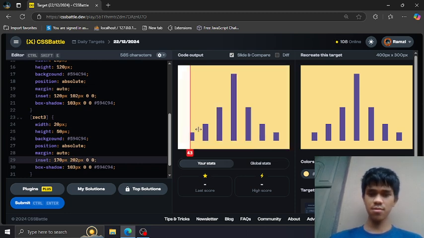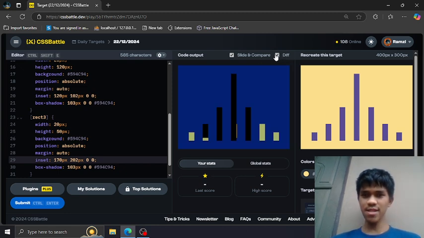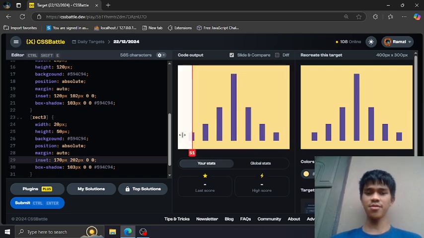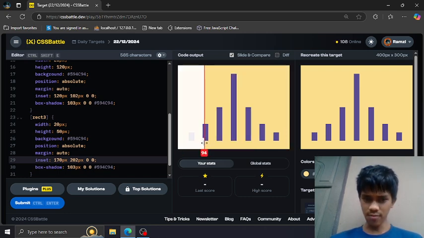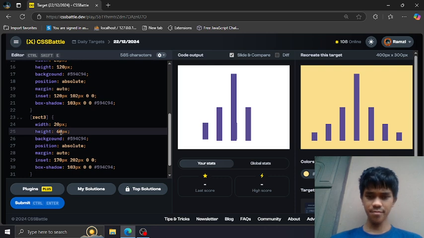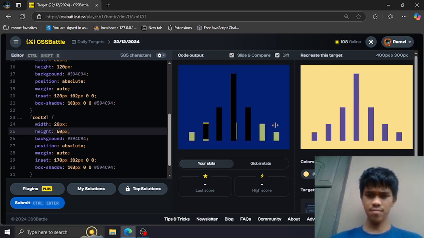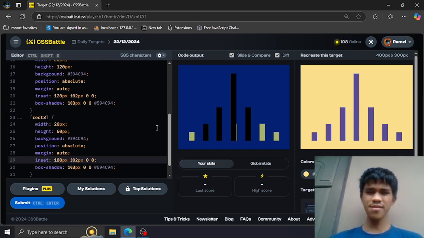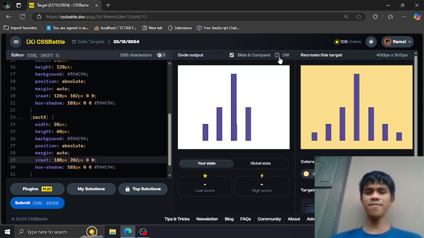202. Alright, we got the horizontal offset. Alright, now we need to increase the height. Yeah, push this to the bottom slightly by 10 pixels. Okay, now we need to take care of the right side.